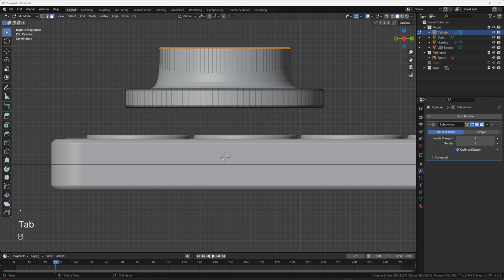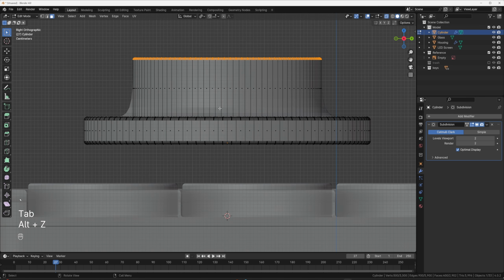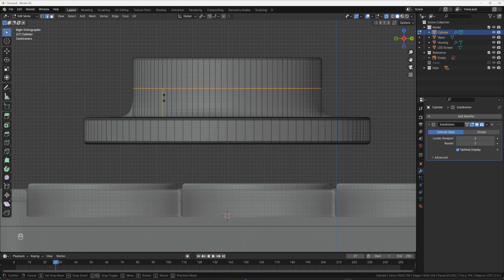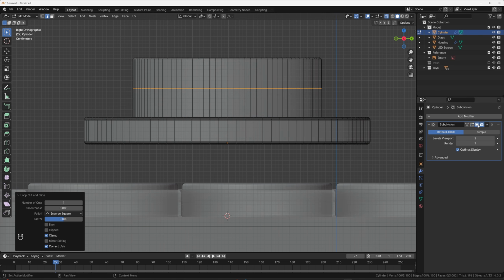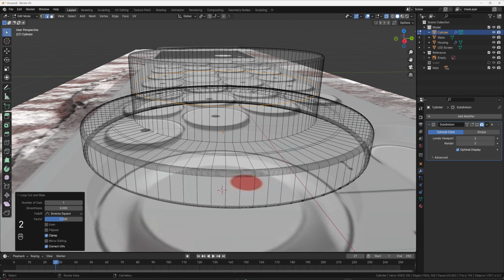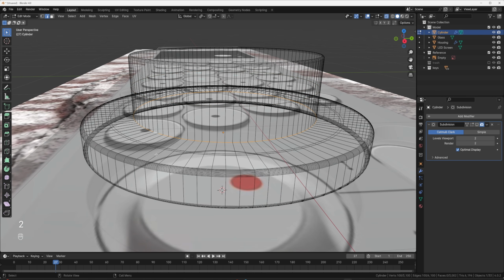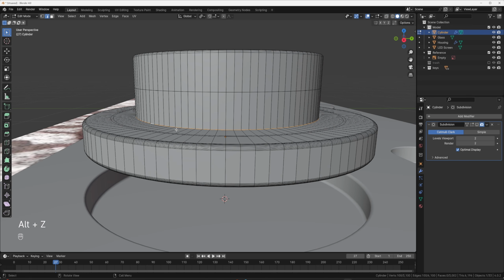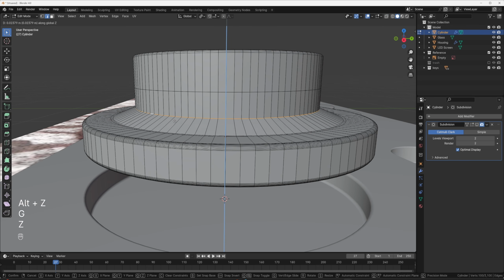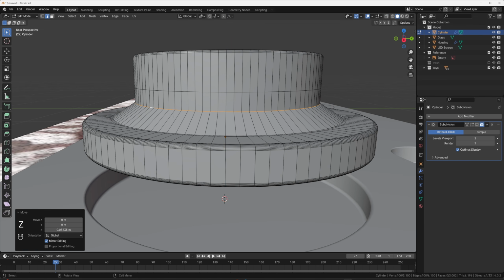fall off shape. So I'm going to tab into edit mode, Alt Z, and then I'm going to do Control R and add in a loop right here. That's going to help control, and I'm going to hit escape just to let it put there. And then I'm going to turn this off for both of these. And then I'm just going to grab this edge loop right here. I'm going to tap out of X-ray mode and then just G Z, bring that up like that.